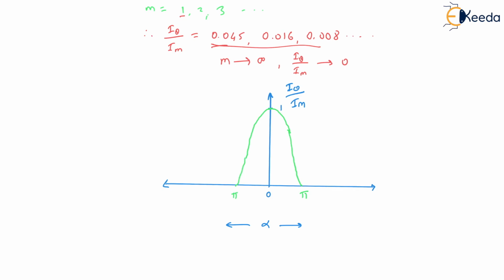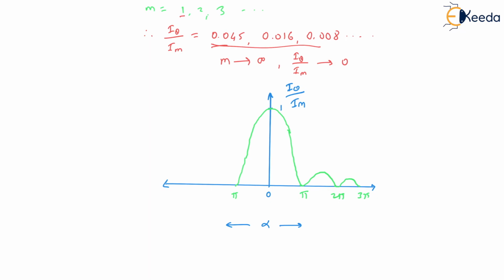And then the next wave will be of lower intensity, as the value is just 0.045. So the graph of intensity will be like this. Here comes the second minima at 2 pi. Then again for the next one, the value of intensity will decrease like this.